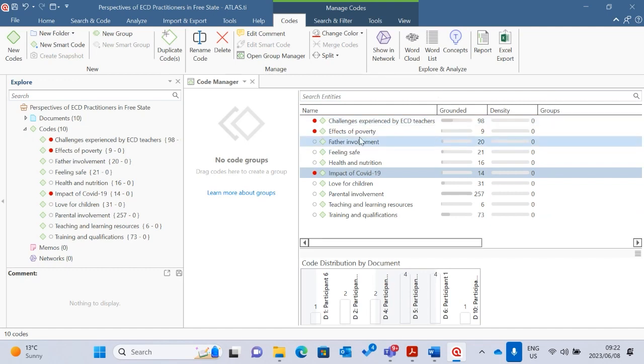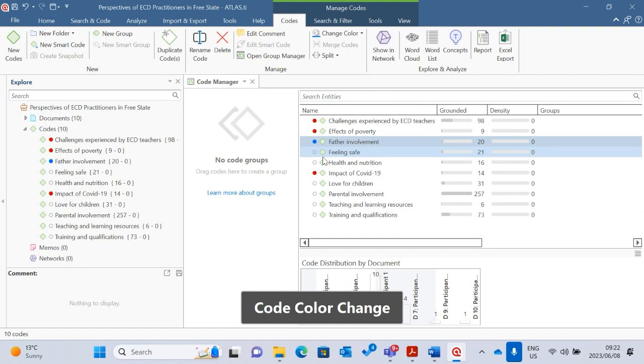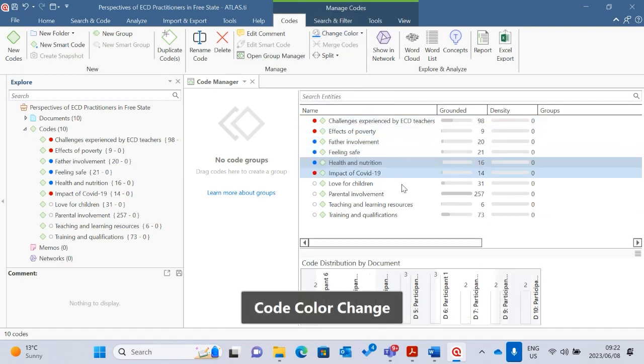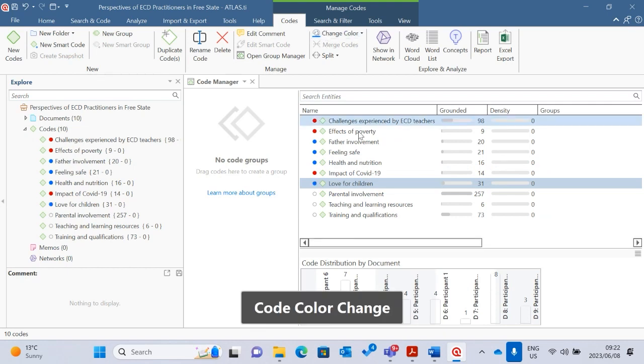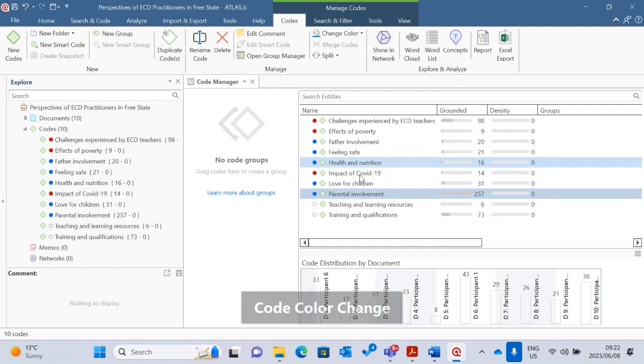Now, all the positive things like further involvement, I'm going to give them a blue color. Feeling safe is also important and positive. Health and nutrition, I give it blue. Love for children. So these are all codes. Parental involvement, I give it